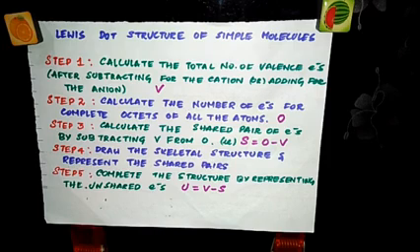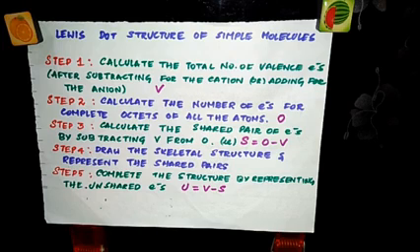And finally, in step 5, you have to complete the Lewis structure by representing the unshared electrons, which means non-bonded electrons. Let us represent the unshared electrons as U. You can get the unshared electrons by subtracting shared electrons from valence electrons. So U is equal to V minus S. Altogether you should know the number of valence electrons, the total number of electrons needed for completing the octet, the shared pair of electrons and the unshared pair of electrons.